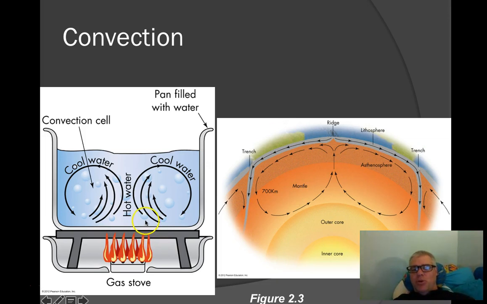It's the same way that when you're boiling water on your stove, it heats up the water right over the burner. That hot water rises up and creates these convection cells. Essentially the same type of thing is going on over hundreds of miles under the Earth's surface, and that's what's moving these plates around on top. It's almost like things moving around on top of the water, like if you were making macaroni and cheese and everything's boiling, the macaroni is moving around with the water currents. That's to some degree what's going on in the Earth, except obviously it's happening much slower.